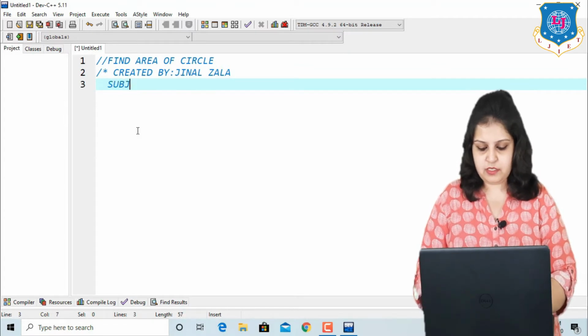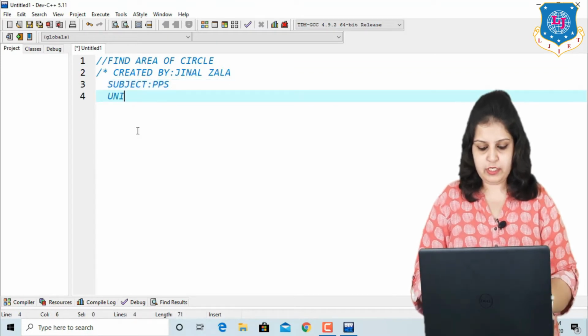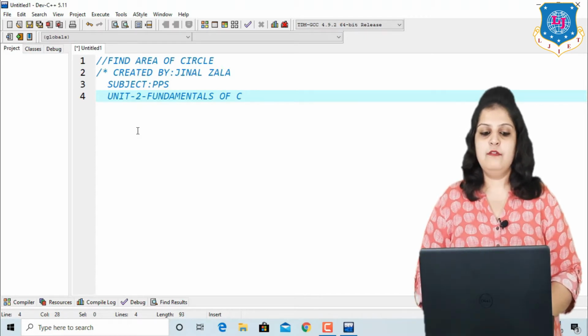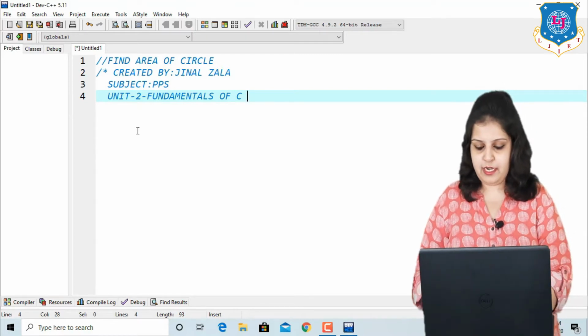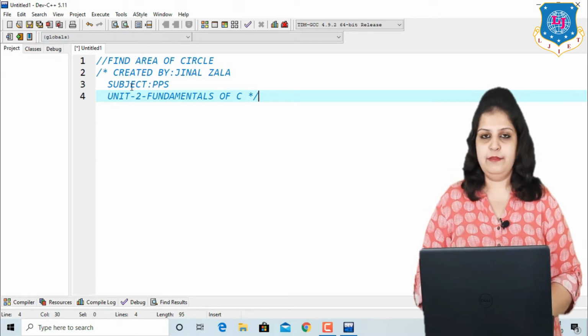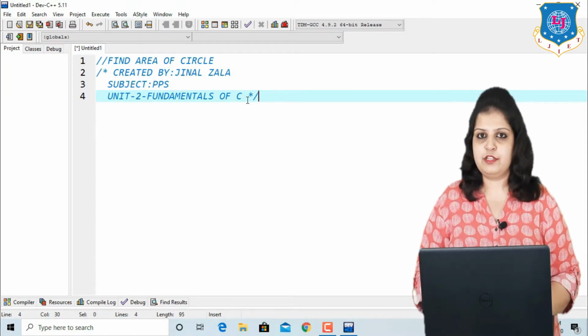So subject is PPS and our unit number is 2, and that is fundamentals of C. Here I have written 3 statements. Now for ending the multiple comment lines, again I have to put star and slash at the end of the last statement. So these are the 2 methods for single and multiple lines, and this section is called the documentation section.